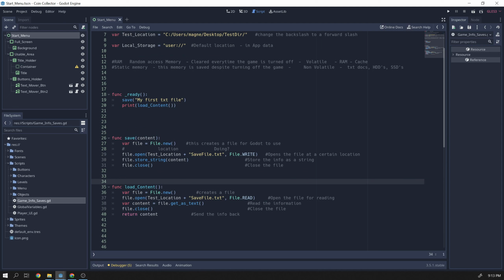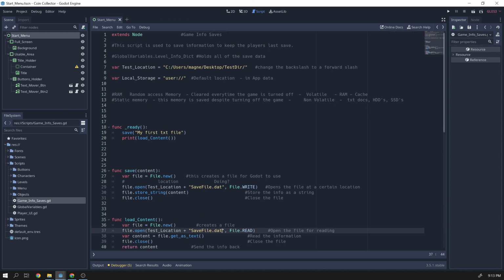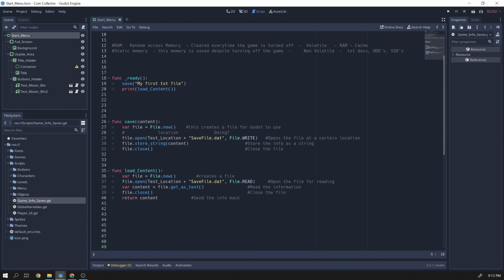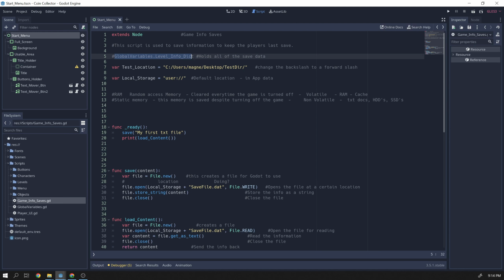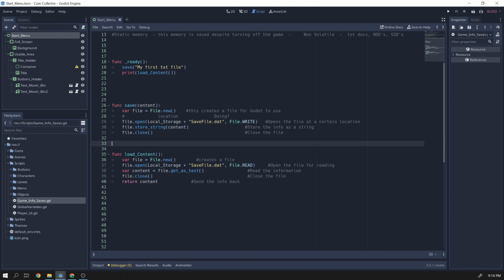So right here it says store as a string. I'm going to change this back to a .dat file. And I am also going to use my local storage for both of these. Okay, so instead of storing a string of content, I want to save this global dictionary here. So what I'm going to say is, instead of .file save content, I want to do